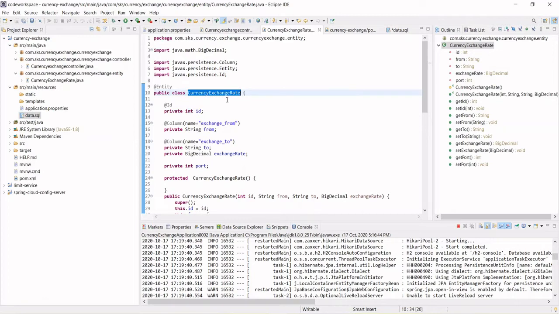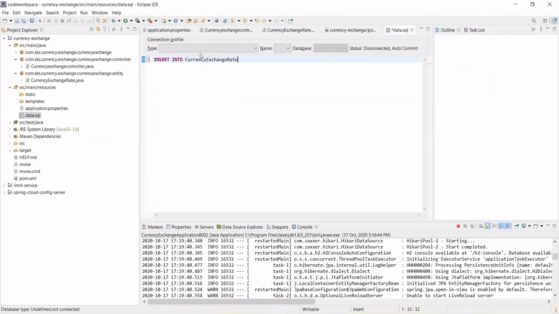Let's go to data.sql and insert into currency_exchange_rate. Camel case will be separated by underscore.